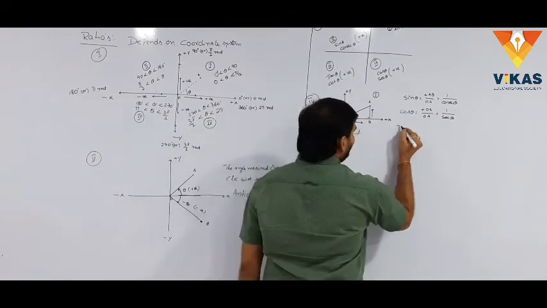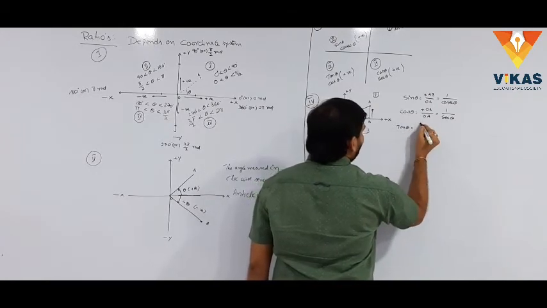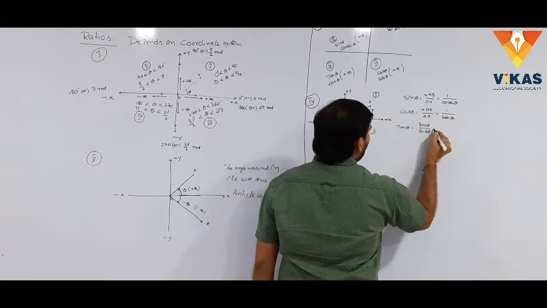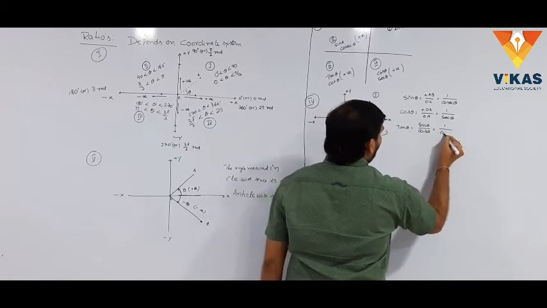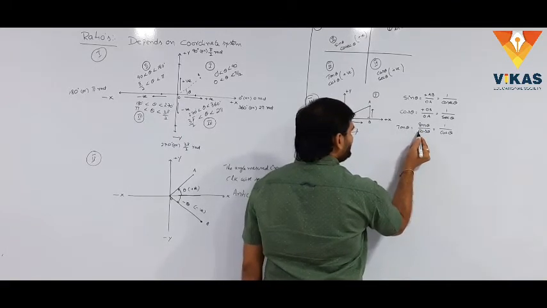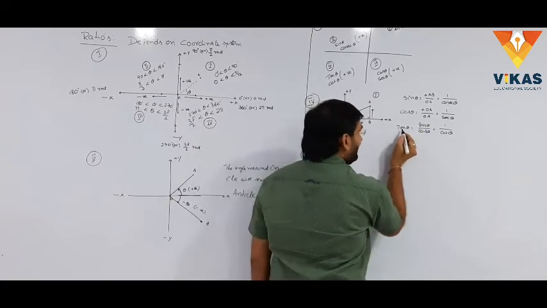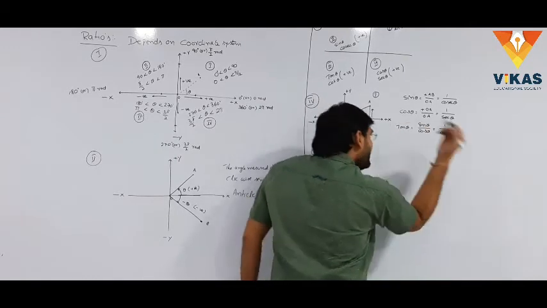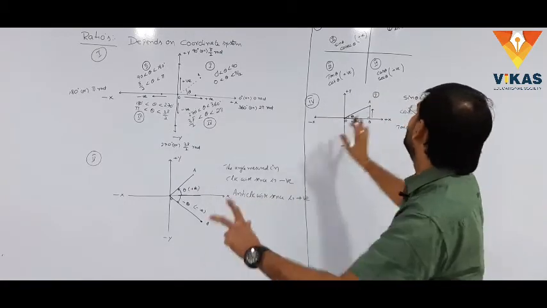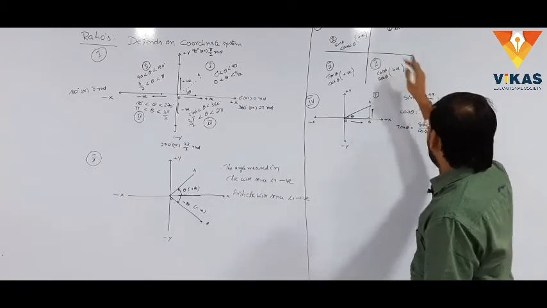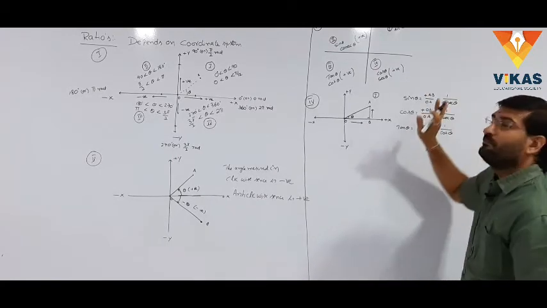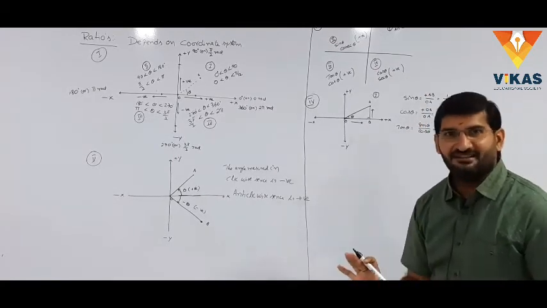The third one is the tan theta. Tan theta is equal to sin theta by cos theta, which is nothing but 1 by cot theta. Here sin theta is positive, cos theta is positive, that's why tan theta is also positive. If tan theta is positive, the reciprocal of tan theta, the cot theta, is also positive. Here we observe clearly, in the first quadrant, all the trigonometric values are positive. Do you understand?